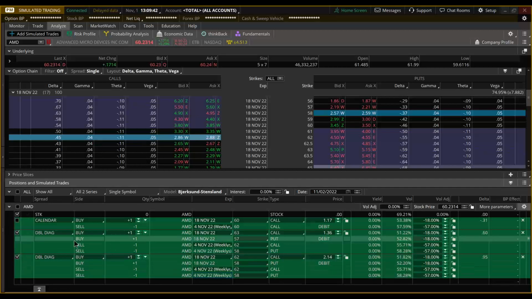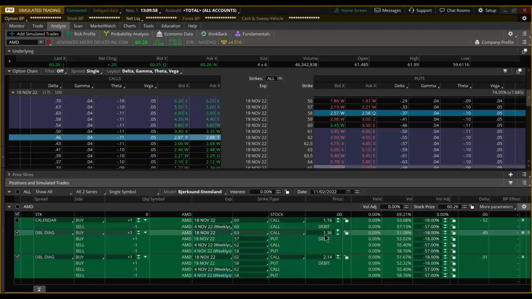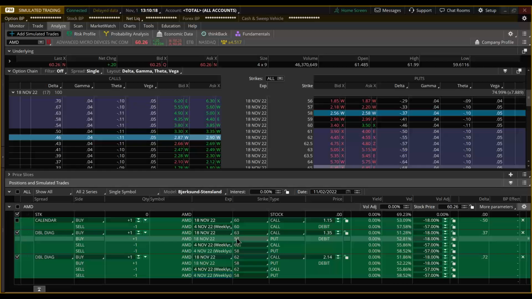Now we have a comparison. Using the same strikes, a double calendar is more expensive than a double diagonal, and I've adjusted so that we have all the same expiration dates. The double calendar is more expensive than a double diagonal, but it's not as much risk. The double calendar has only $2.13 of total risk. The double diagonal has $2.35 of total risk because there is the spread risk added in. It's kind of a hidden risk that isn't as obvious.